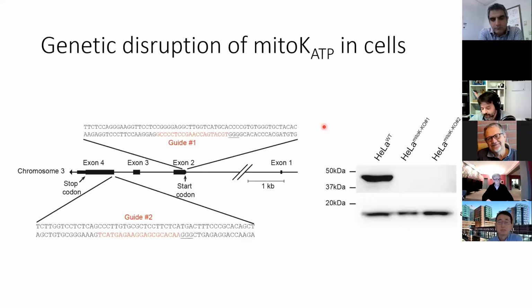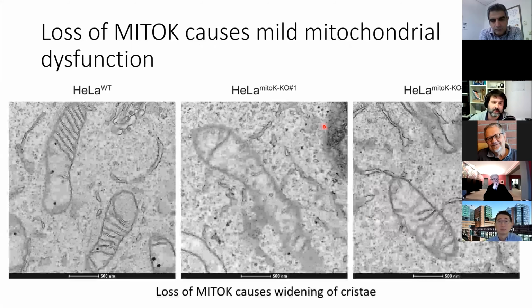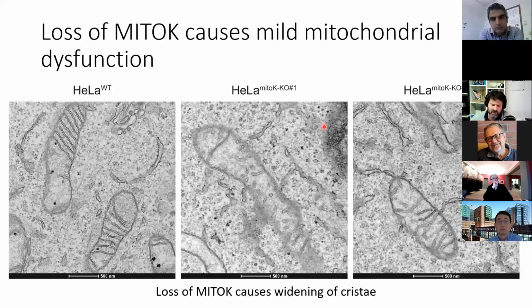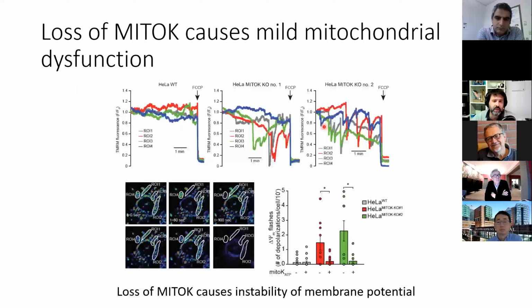As to the physiological functions, the role of the endogenous protein, what we did was to develop knockout cells for MITOK, for the potassium permeant subunit, and usually these cells have not a very evident phenotype, but if you look carefully at mitochondrial function, you can see that there is a widening of the cristae, and this is in line with an impairment of the regulation of the matrix volume as expected from a potassium channel. If you look at membrane potential, you can see that membrane potential is there, but there are transient depolarizations. So there is an instability of mitochondrial membrane potential in MITOK knockout cells, so cells lacking